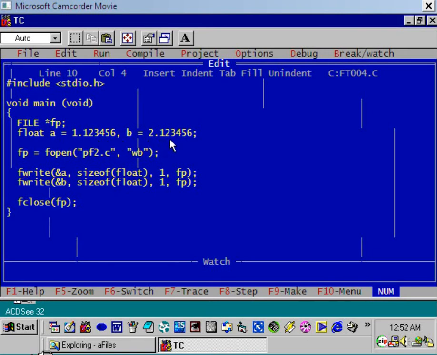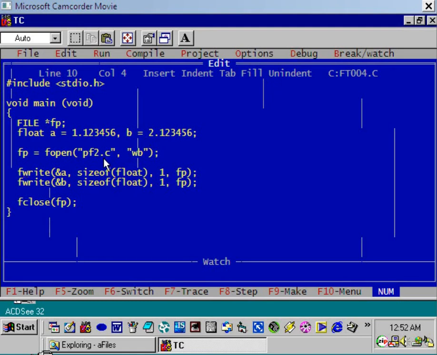But in binary mode, this is a float value and the size of float is 4 bytes. Hence 4 bytes are required to store variable a and 4 bytes are required to store variable b. So a total of 8 bytes are required to store the variables a and b to the file pf2.c.